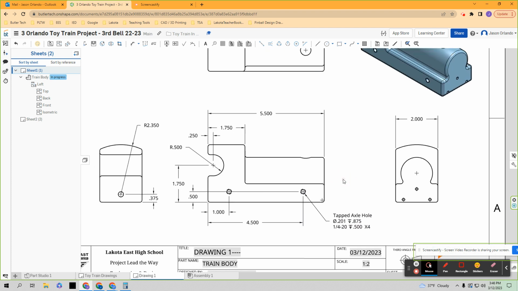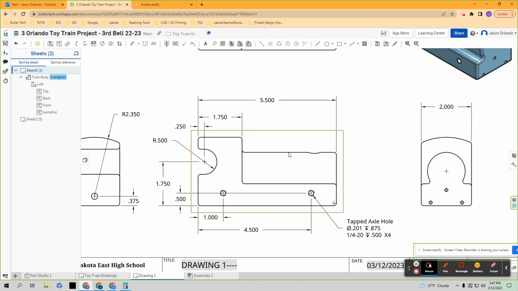Okay, so I now know the location and the size of the axle holes. I know the location and the size of this cutout. I know most everything I can see in this view. Not everything. I don't actually know the height of this, but we decided that this feature is the top of